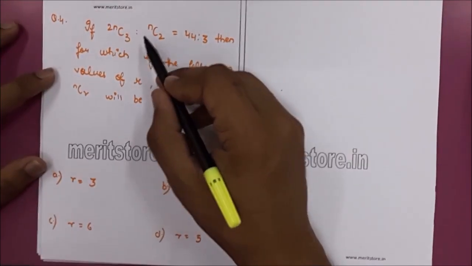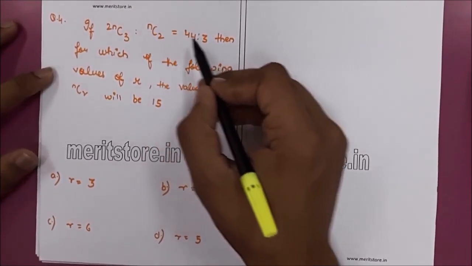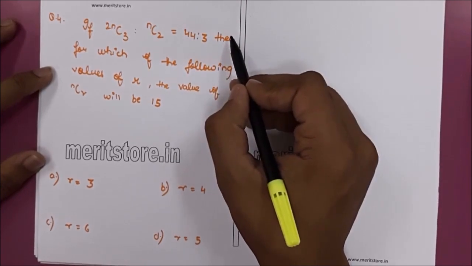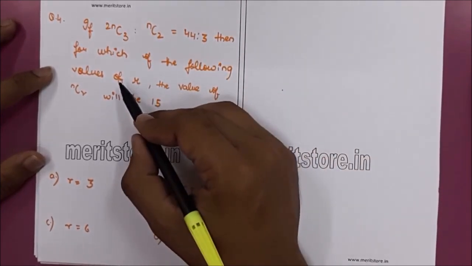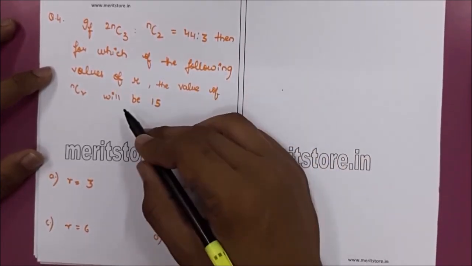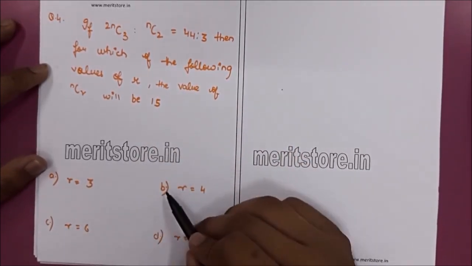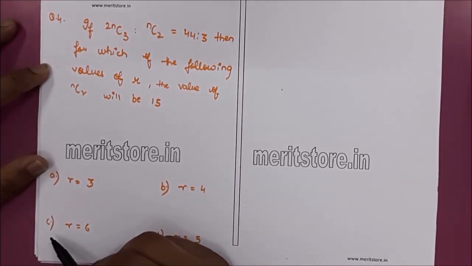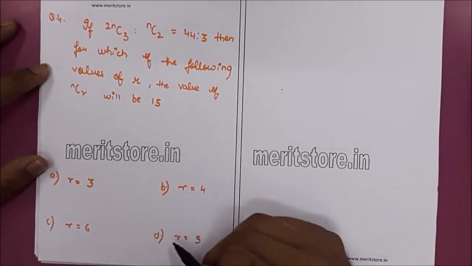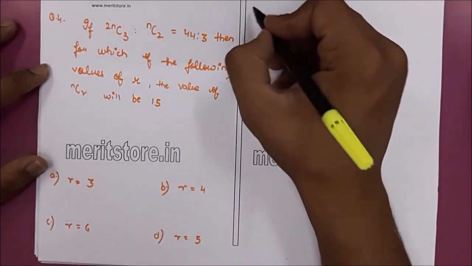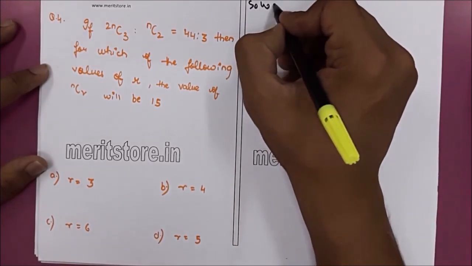If 2NC3 ratio NC2 is equal to 44 ratio 3, then for which of the following values of R the value of NCR will be 15? Option A R is equal to 3, option B R is equal to 4, option C R is equal to 6, option D R is equal to 5. Therefore, the solution is